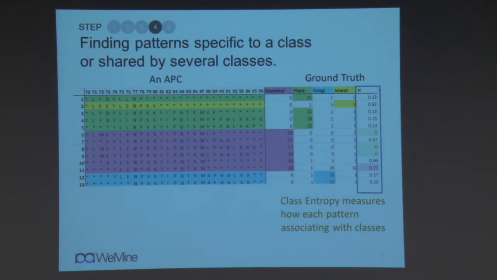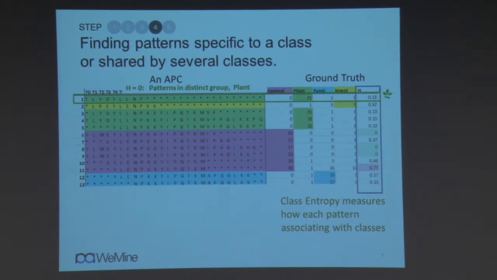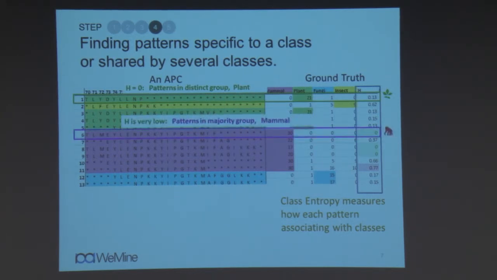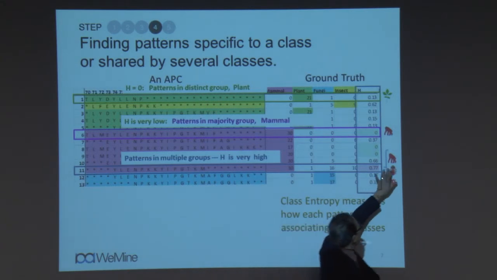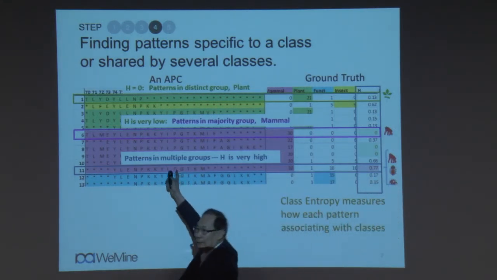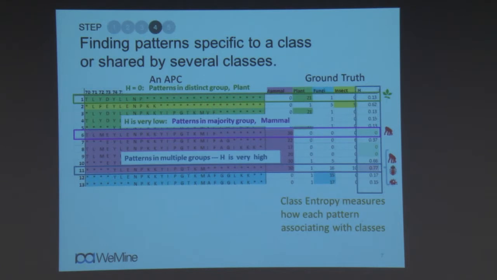Now then, for example, in a superhighway, if I bring back the class label, then I know, using some information measure, that this pattern pertains to a single group, which is mostly higher plant. And this group pertains to mammal, because the entropy is 0. And some pertain to more than one group. It means that these patterns are shared by three different groups, and one is specific for one group and another for the other group. Automatically, we can then let the biologist figure out why, and then perform experiments to verify.